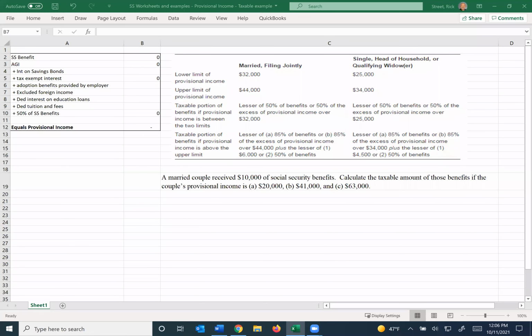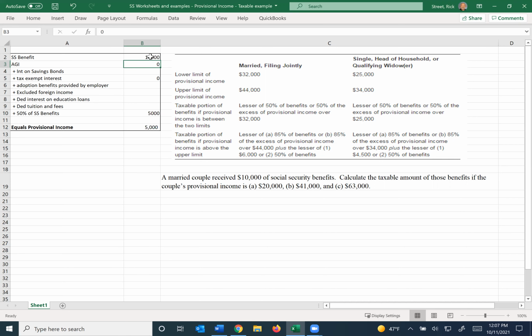Okay, let's calculate the taxable amount of benefits that an individual will get based on their provisional income of 20,000. I have this spreadsheet set up so that you can calculate the provisional income. Let's go ahead and put the benefit in here just to serve as a reminder. So the benefit in these three scenarios is going to be $10,000, and our first provisional income is going to